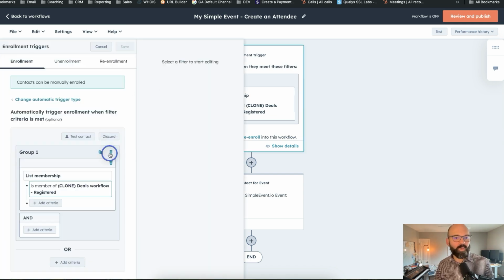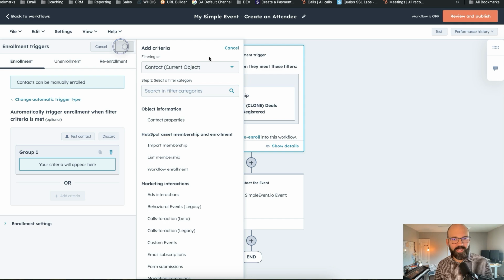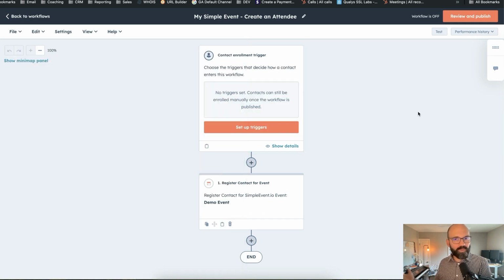I like to, when I'm manually creating registrations, if it's not using a form or some other form that's out there or some other automation, because you could trigger off a property, you could trigger off anything. When you enroll it, you could do a manual and create your own list that way. So then people aren't automatically added that you maybe do something elsewhere. So that is how you can use the workflow action to register a contact as an attendee into any event